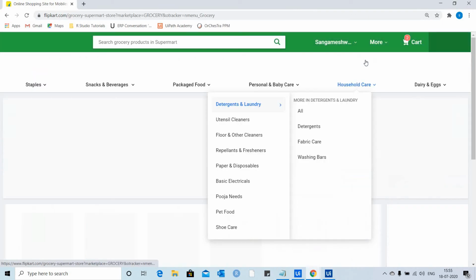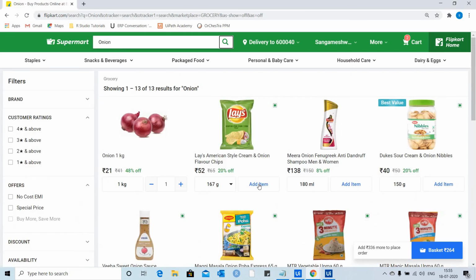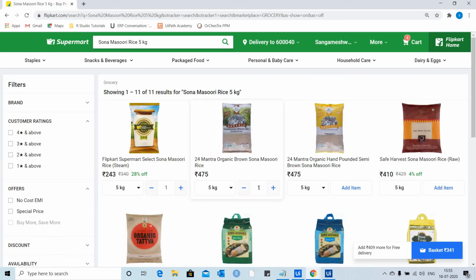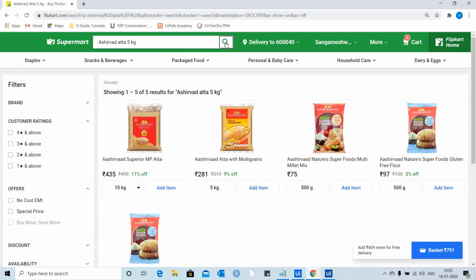So login, we are able to go to the grocery page and then add onions, then search for the Sonam rice, Ashirwad atta 5 kg, and add the same. So fine.